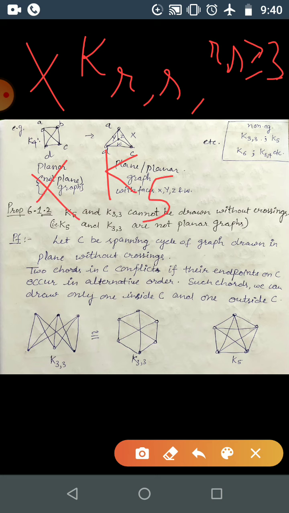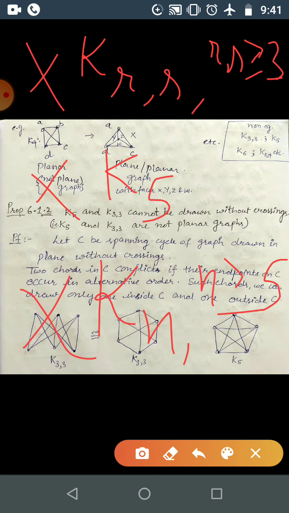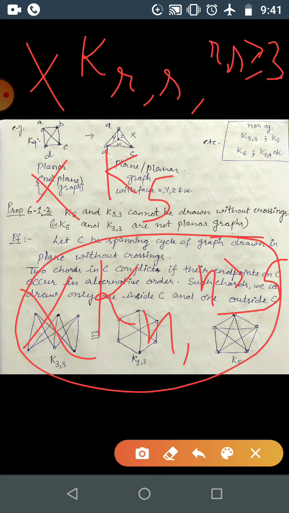And in particular you can just say complete graphs up to order 4 are planar, and greater than 4, they are not planar graphs, so not plane. So this cannot be redrawn as a plane graph. And every complete graph of order at least 5, you can just say Kn, where n is at least 5, these are not planar graphs. So you can remember this one. So here we have just discussed: this is K5, and why is this not planar? Because this is a part of this one.